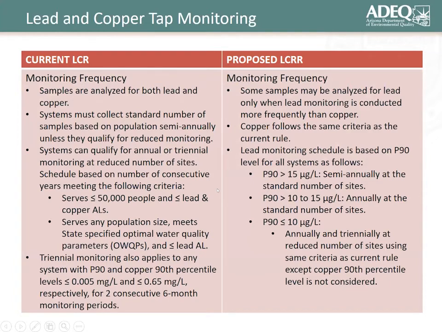Additionally, under monitoring and frequency, right now, when a monitoring period changes, both lead and copper analytes are put on the same monitoring frequency. But under the proposed revisions, if a water system stays in compliance with the copper aspect of the rule, then they could stay on the most reduced frequency, which is triennial monitoring. And they could also be put on 6-month monitoring for lead. So there's going to be a little bit of difference in how lead and copper are analyzed, where the current rule analyzes the compliance for lead and copper simultaneously, regardless if one analyte is in compliance with the action level and the other one is not.